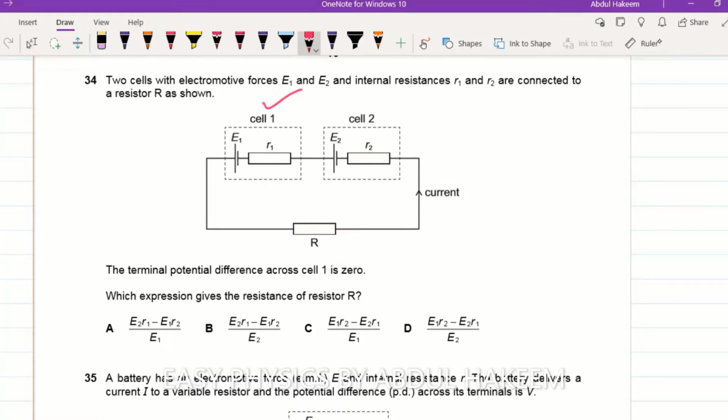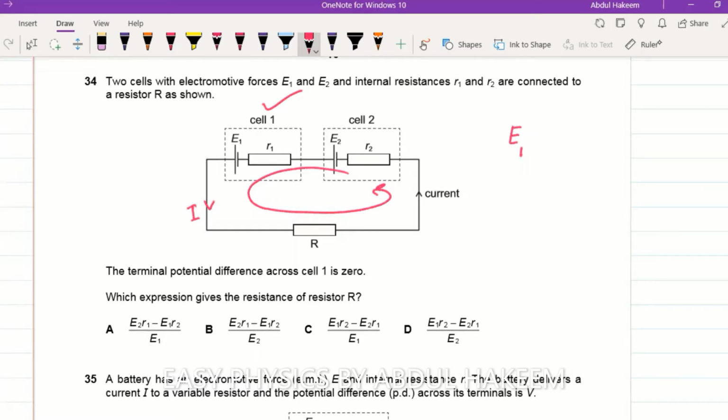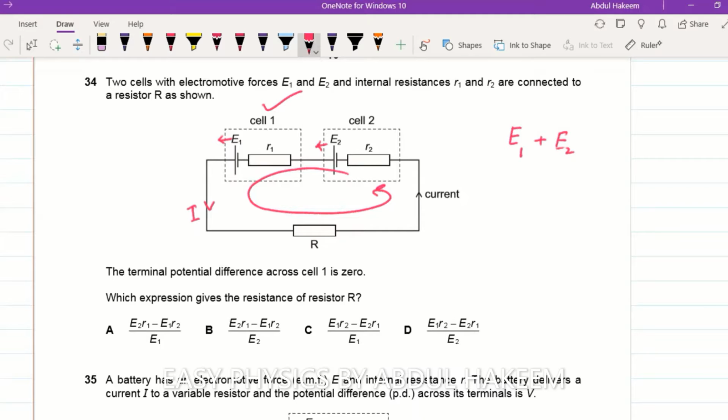Look, the cells are connected in series, so we can apply Kirchhoff's second law. Suppose this is the direction of the current selected. Now, according to Kirchhoff's second law, the sum of the EMFs E1 plus E2, because both cells are delivering potential in your selected direction towards the left, so both are taken positive according to this direction, is equal to the lost potential across each resistor,